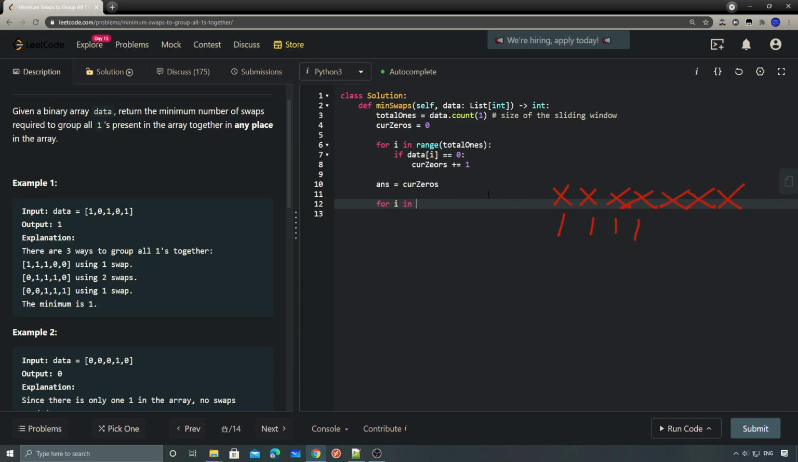So we're going to move our right pointer starting from total ones up to n. This one's pretty obvious, since we start from the next element, which is index total ones. So we check the new number entering the sliding window. If the new number is 0, we increase the zeros by 1, and then we also need to remove